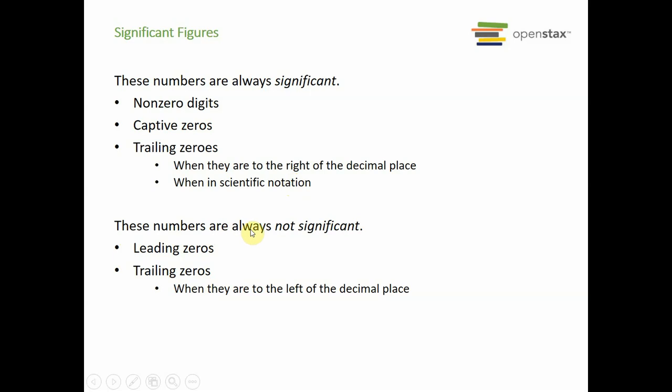These numbers are always not significant: leading zeros, like 0.00100, where the zeros getting up to that 1 are not significant, and trailing zeros when they are to the left of the decimal place. So,